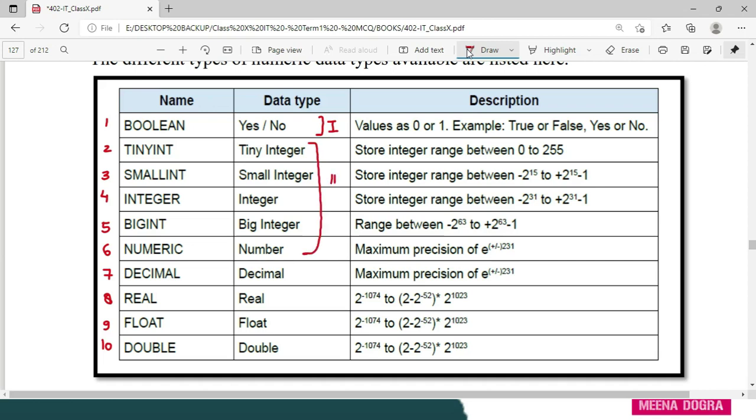5 data types I'll include in the second category within numeric, of course, and the last one I'll put like this, third category. Now I'll tell you why I have done this. This is Boolean type of information, like yes or no, 0 or 1. Boolean is an information which can be represented only in two states, on off, 0 1, true false. Fine. So this yes no type of information can be useful in a situation.